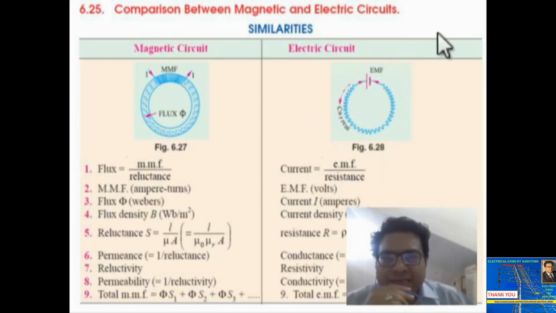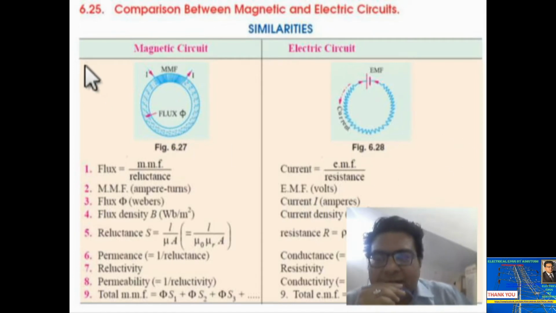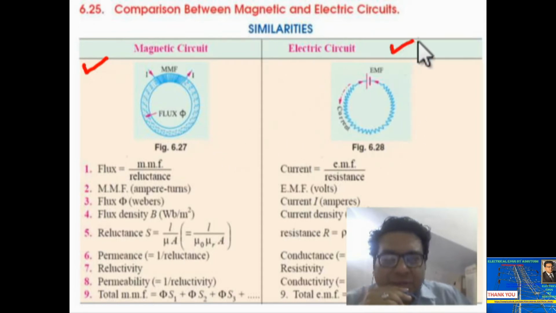And you will see here, first of all, this is a very important question which is being asked. What is the difference between magnetic circuit and electric circuit? So guys, this question always comes up and is asked: what are the differences between a magnetic circuit and an electric circuit? So you can see over here on your screen. This is the example at the left side, the example of a magnetic circuit, and at the right side this is the example of an electric circuit.